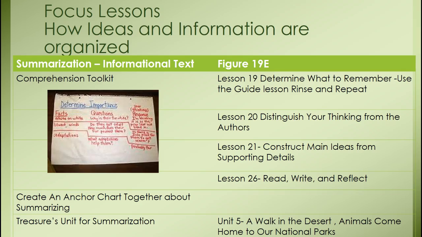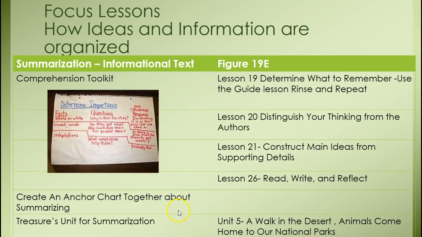So determining importance lessons 19 through 22 in the Comprehension Toolkit, going through the whole thing, and remembering that you have a guide lesson that will help you after you've done the model lesson. The guide lesson then allows you to take any text and teach that. But the last lesson, which should be 22, Read, Write, and Reflect, teaches kids how to really put down in writing